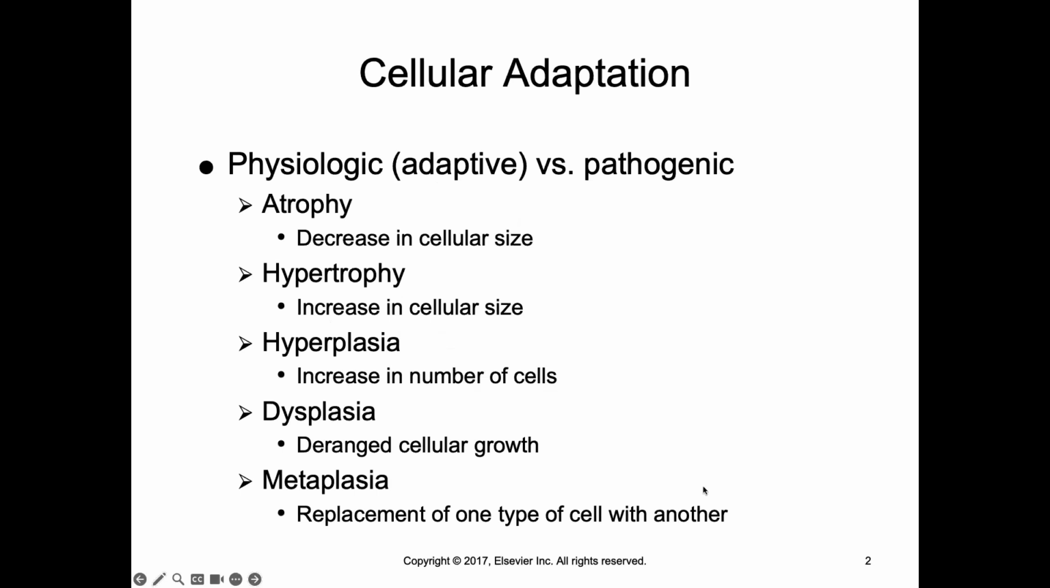Some of the different adaptations include atrophy, which is a decrease in cellular size; hypertrophy, an increase in cellular size; hyperplasia, an increase in cell number; dysplasia, which is deranged cellular growth; and metaplasia, which is replacement of one type of cell with another. So if we look at each,